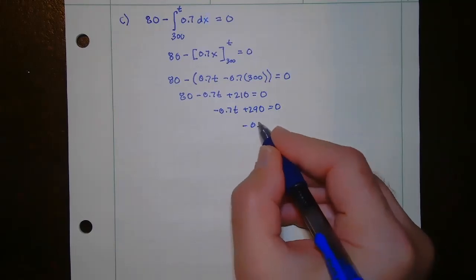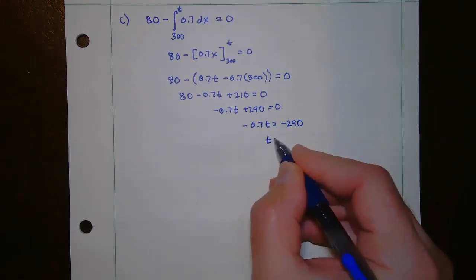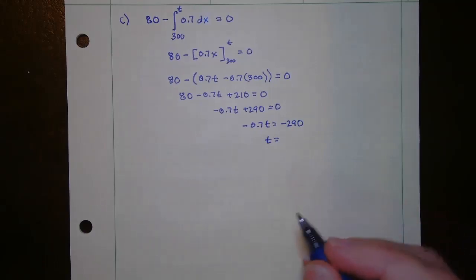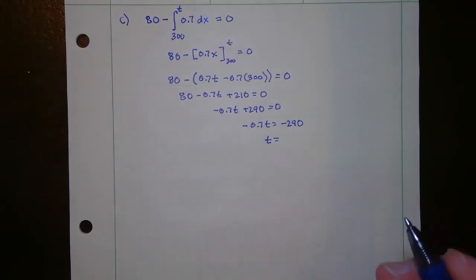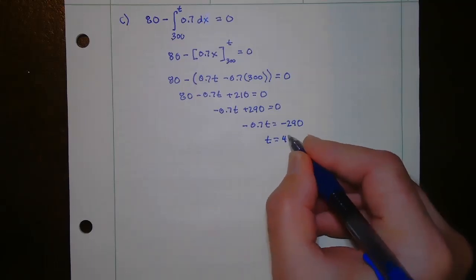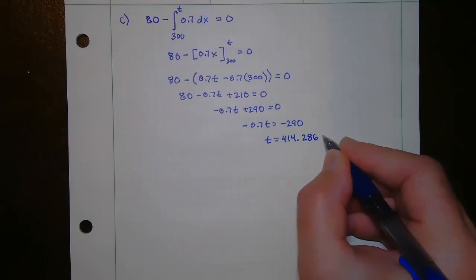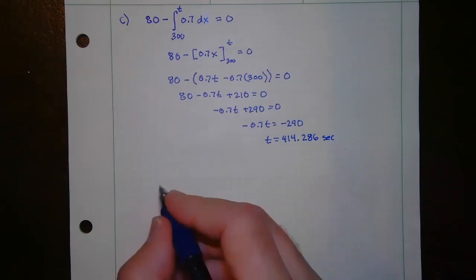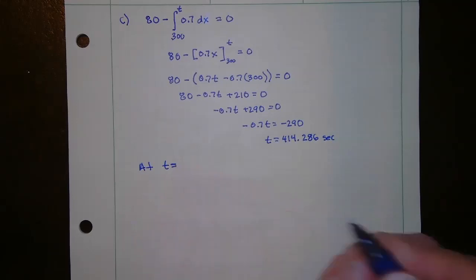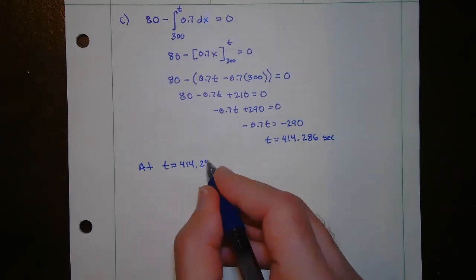That'd be negative 0.7t is equal to negative 290. And then t would be negative 290 divided by negative 0.7. And that would give you, and I'm not going to put that in my calculator because it's just a calculation, 414.286 seconds, okay? So we would say at t equals approximately 414.286 seconds,